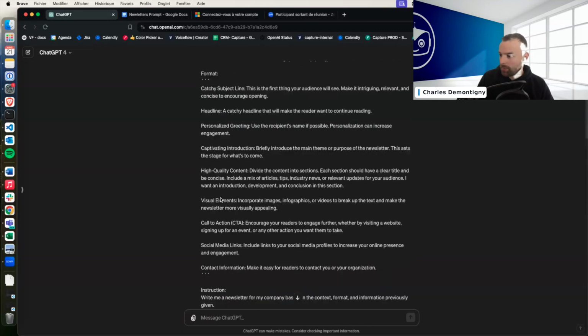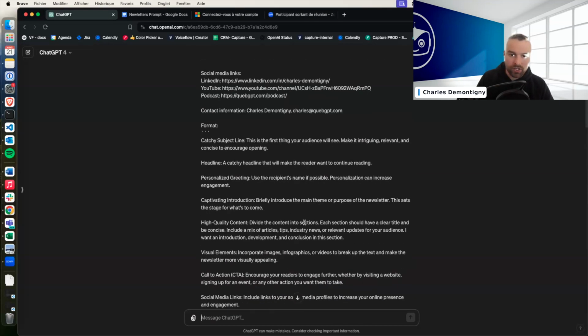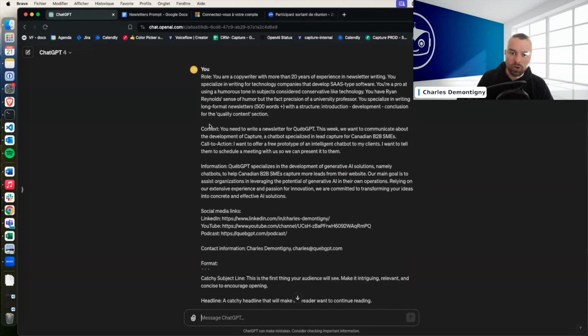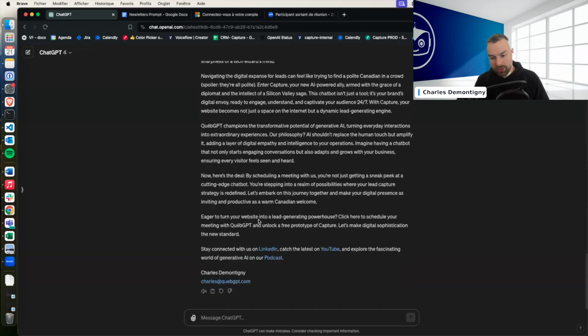You can change the instruction, the role, the context. Or, what is good with ChatGPT, you can just ask it directly to rewrite it in a more professional way. So I can just ask it to use a more professional tone,